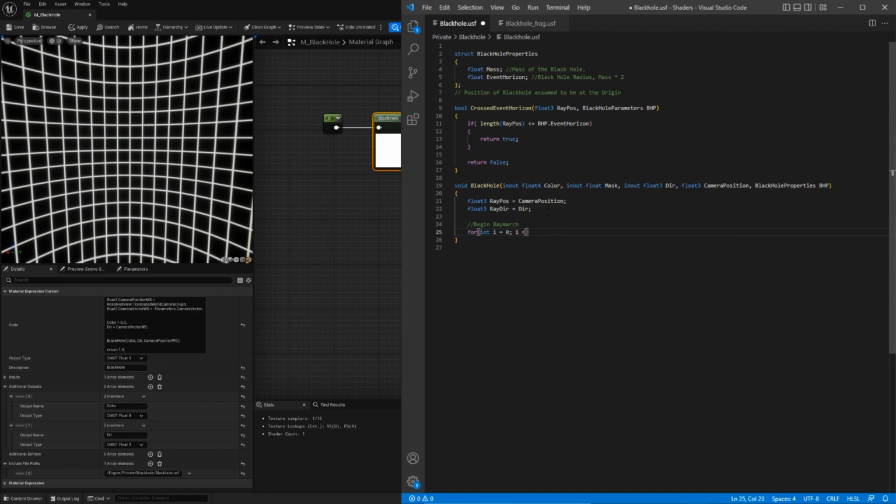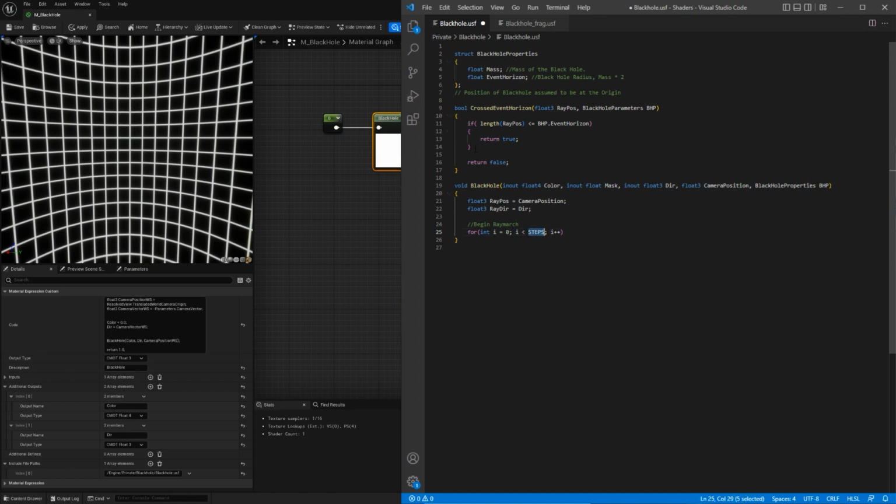After that code has been executed, it will increment this i value. So it's going to start at 0, execute the code that's in the for loop, and then increment the value by 1, and it's going to do this while i is less than the number of steps